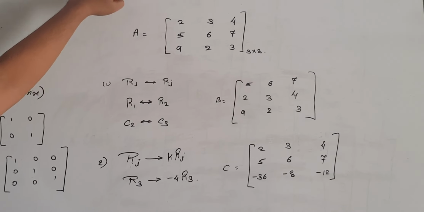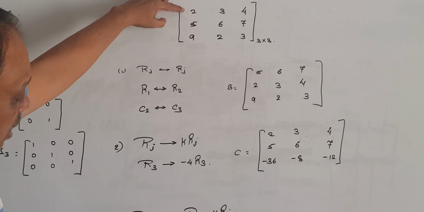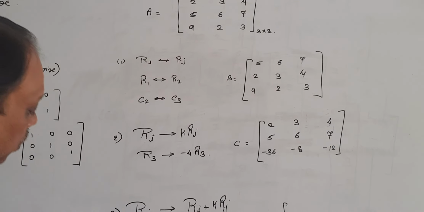First row element is 2 and the second row element is 5. So we can say 2